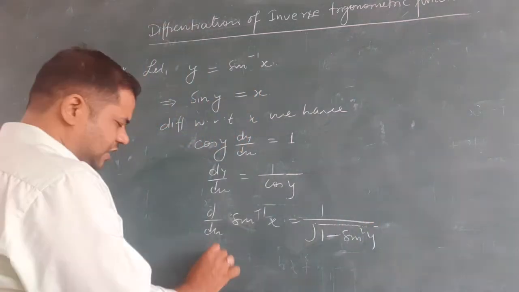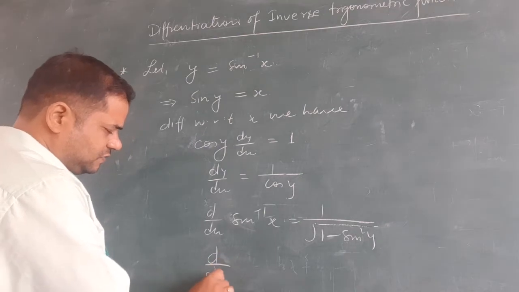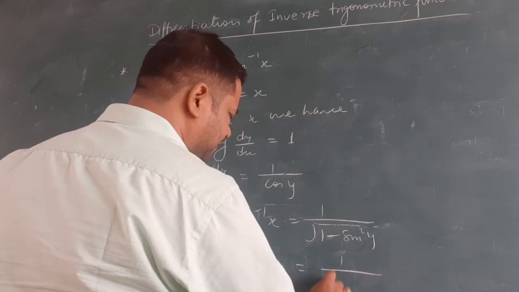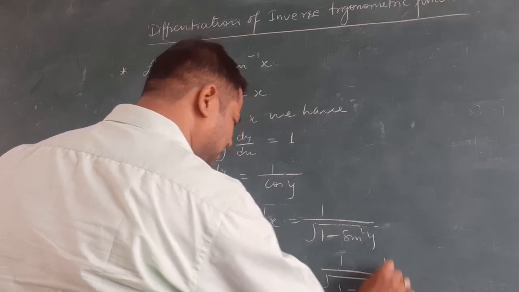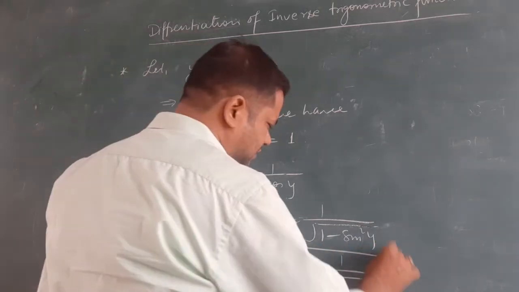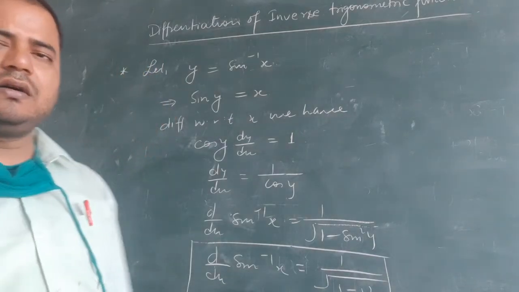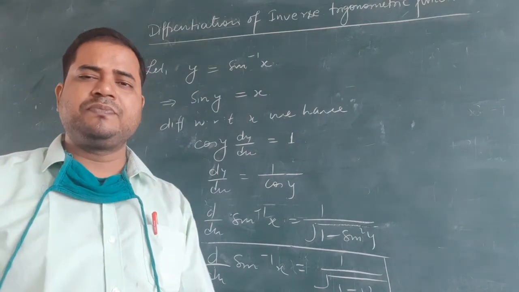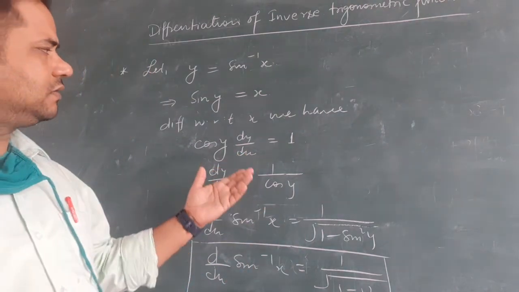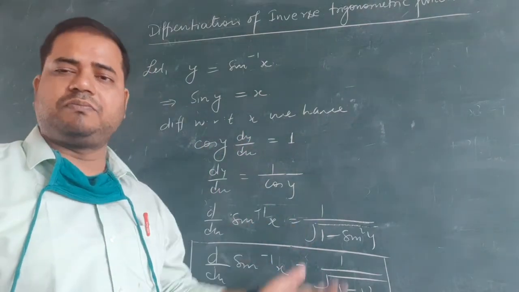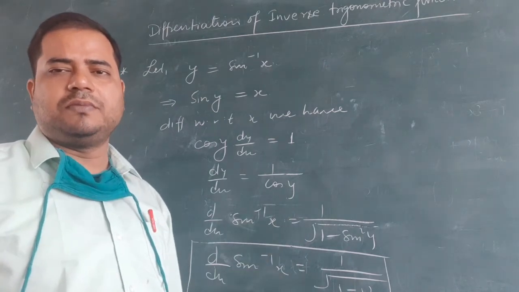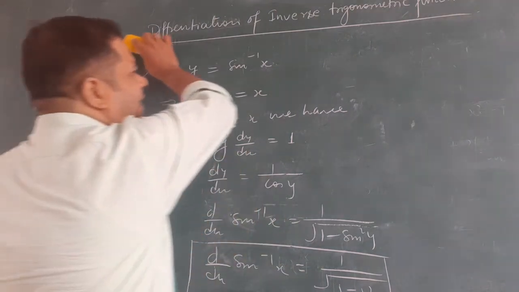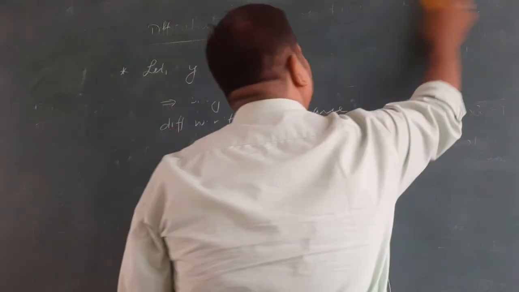So we put the value d by dx of sine inverse of x is 1 upon root of 1 minus x square. So this is the differentiation of inverse trigonometric function sine inverse x. Similarly, you can do other questions, proof of this inverse trigonometric function. Now we shall see some examples, like if we have given